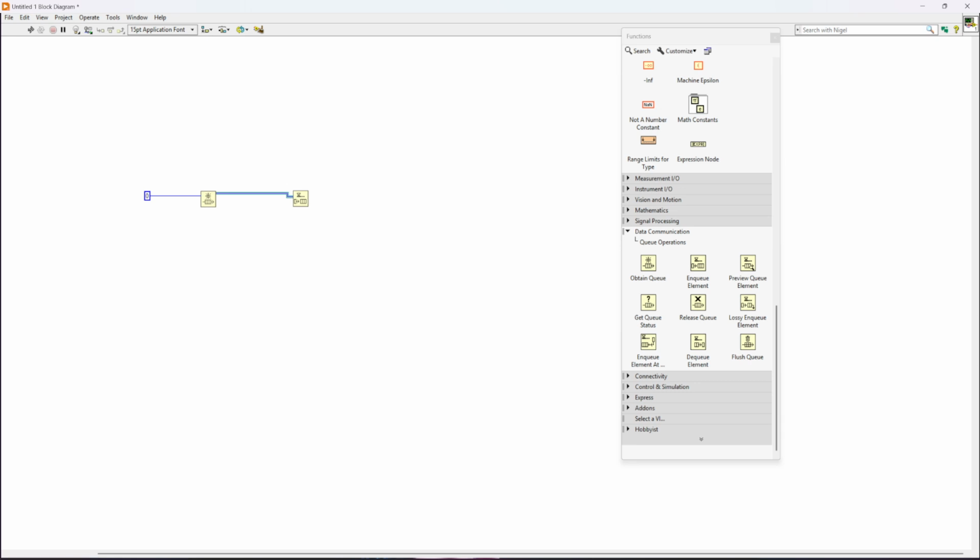And then we have the third step, the consumer. So inside your second loop, place the dequeue element. So the dequeue element is right here. Place it on the diagram, and this block will pause the consumer loop until data is actually available in the queue. So wire the output element. So output like that, queue out to the queue,